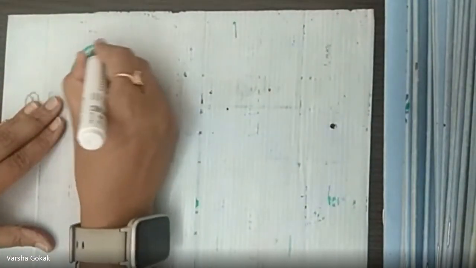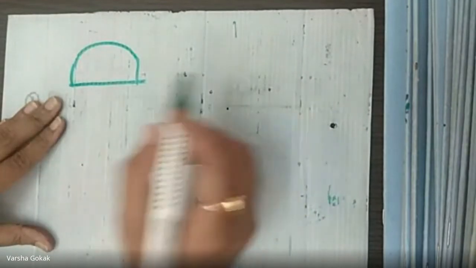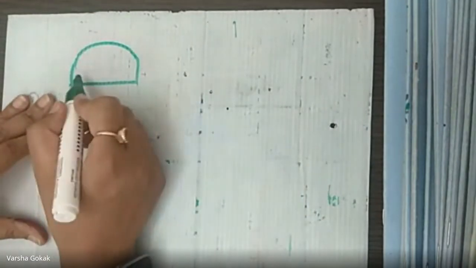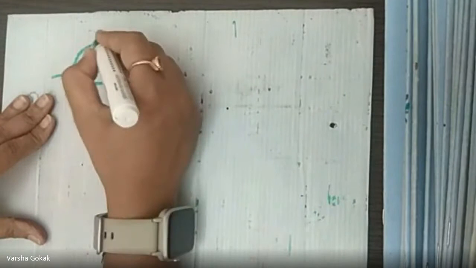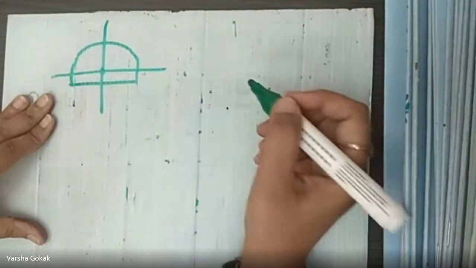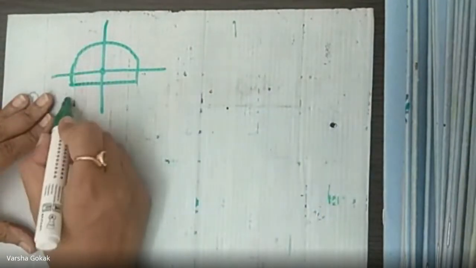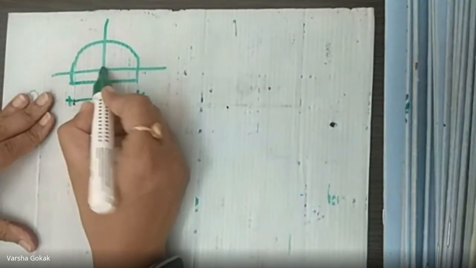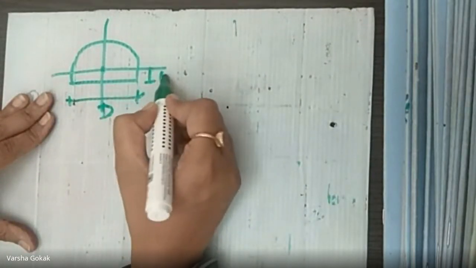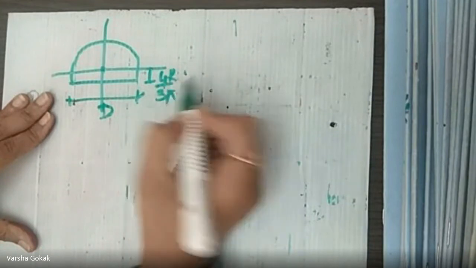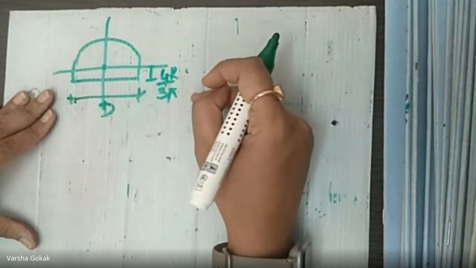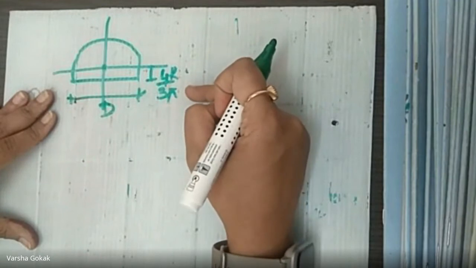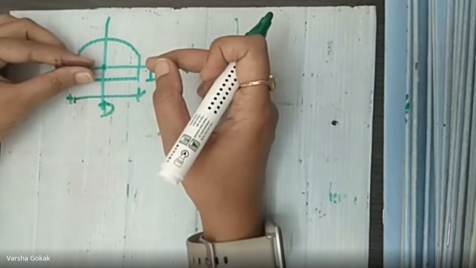In case of a semicircle, the standard semicircle is this. We are all used to this semicircle. First, I tell you where the CG is. CG for a semicircle is here, at this point. And we know that this is the diameter. Correct? And this height is also 4r by 3 pi in case of a semicircle. That's why I asked you to do the derivation. You'll get this value. So this height is 4r by 3 pi.